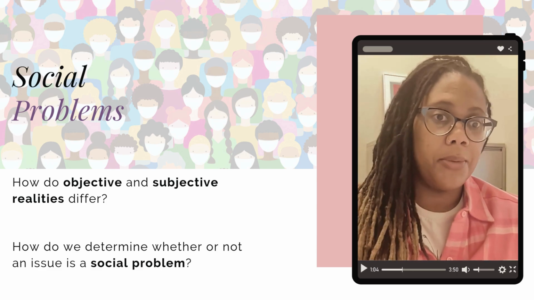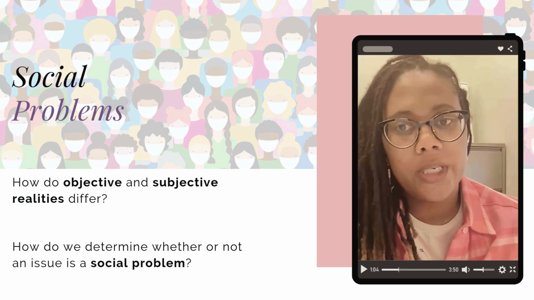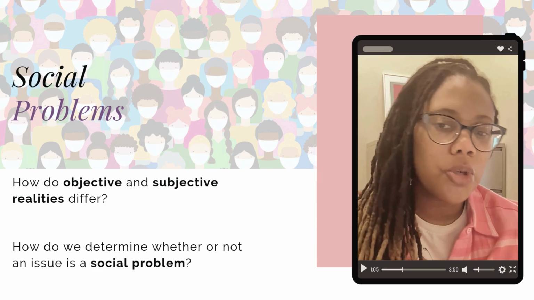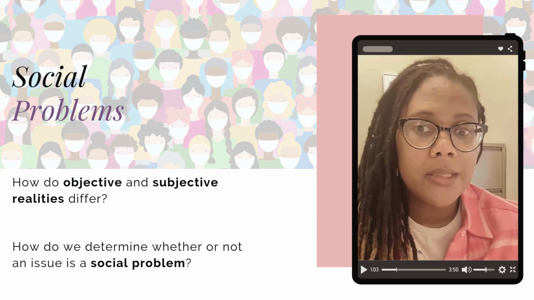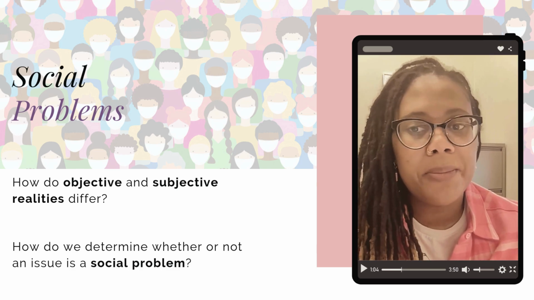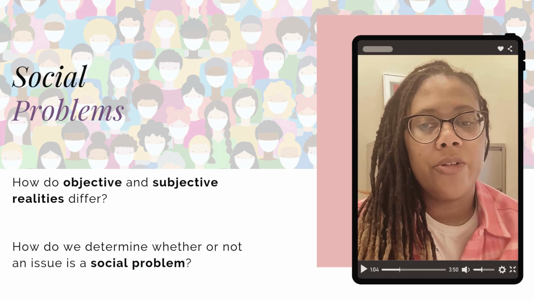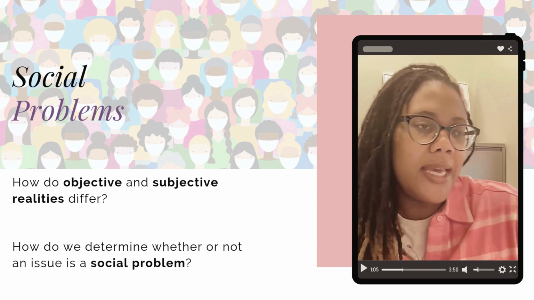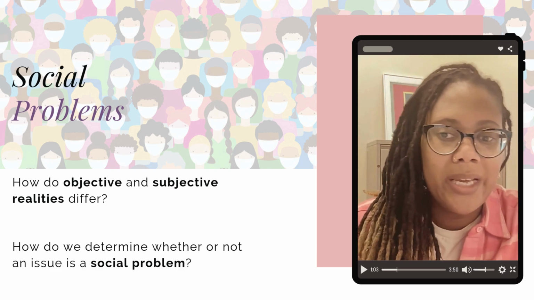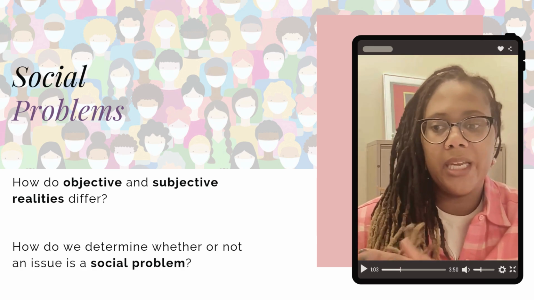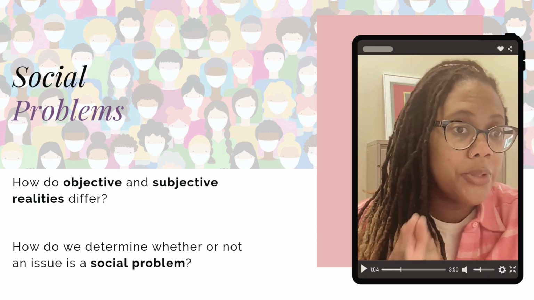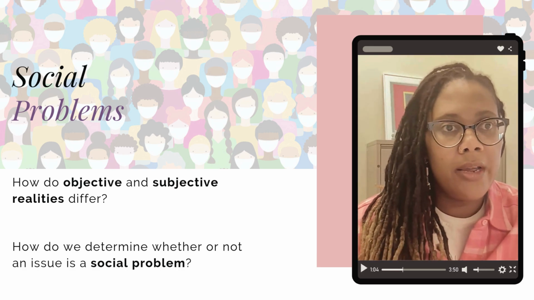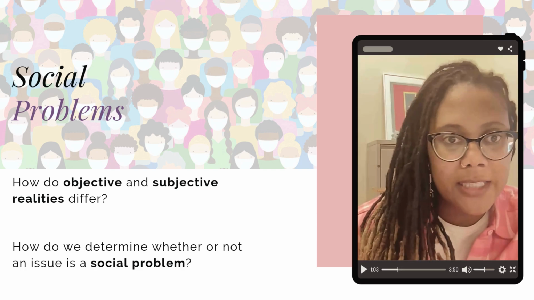So, what is a social problem, right? Well, it's any social condition that has negative consequences for individuals, our social world, or our physical environment. And those social problems can be seen through multiple lenses, giving them both objective and subjective realities. So, really, this is about whether something is absolutely 100% true, like what is the reality of the situation, or if there's a perception of reality here.